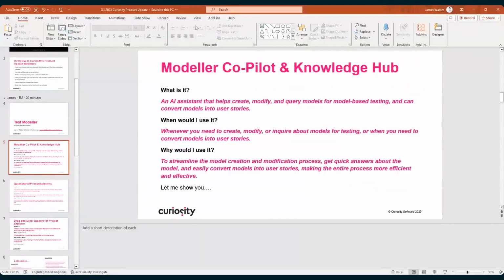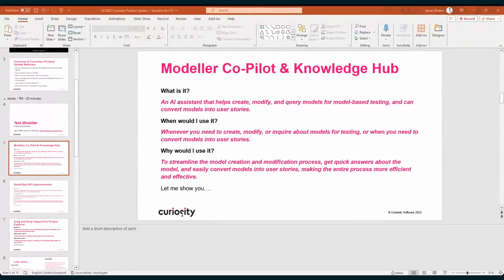So I'm going to start off by giving you a glimpse into some of that, what it entails, and hopefully give you a bit of insight. I'm inside Modeler here, and if we go to the import screen and to our Model GPT window, what this basically allows us to do is